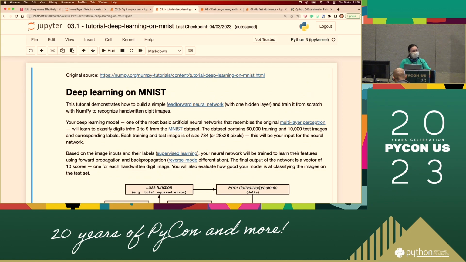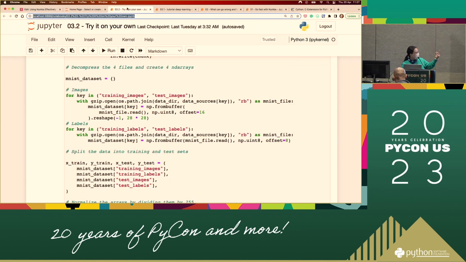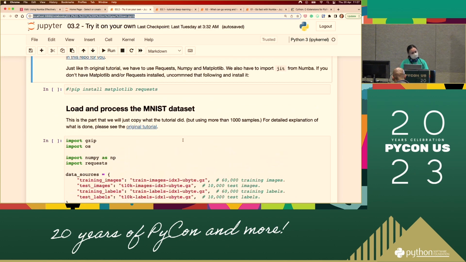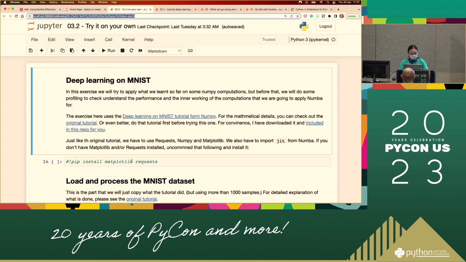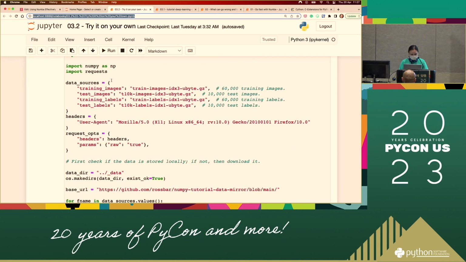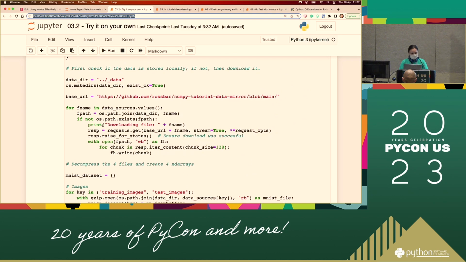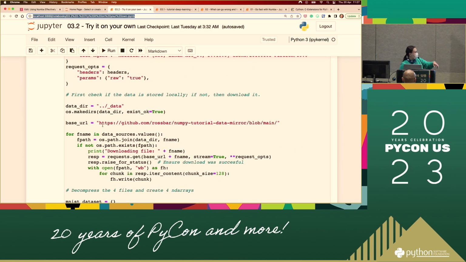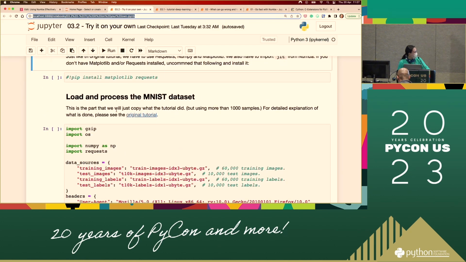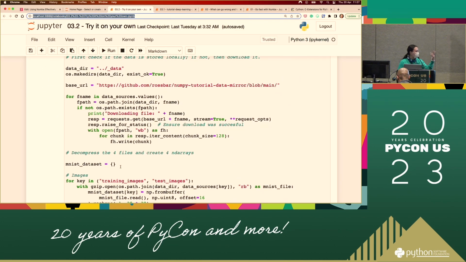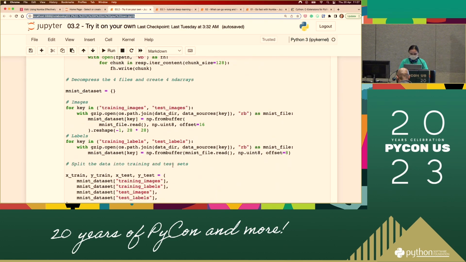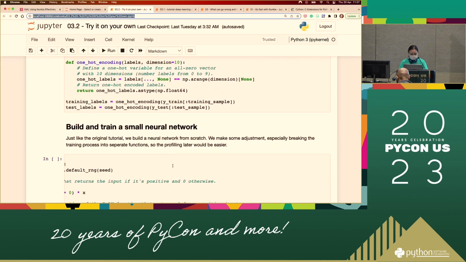If you really want, you can change this one, but I have made a simpler version for you in 3.2. I copied some of the code from the original tutorial and deleted all the explanation, because you have it in the other notebook already. This is basically the same thing. First step, loading the data. There's nothing much to do there; it's just input and output, so we won't use Numba on it. We just let it be.